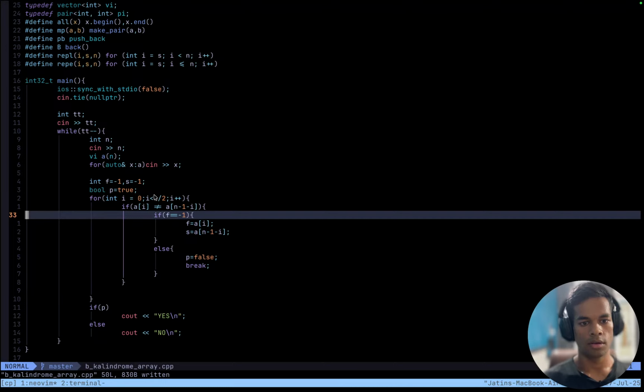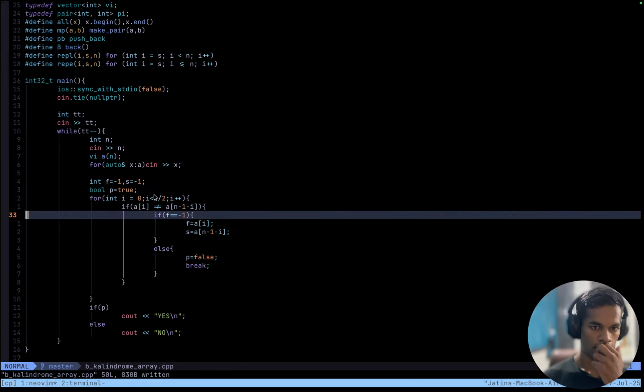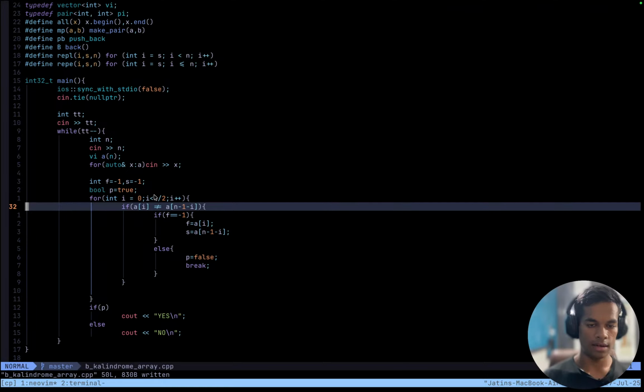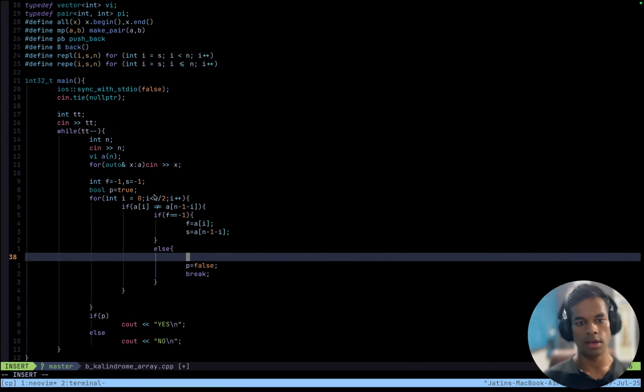And if it is one, then make them equal to this. Right. If they do not match, then I have to see if they are this, then this. Else, I have to see if they do not match the first and the second.